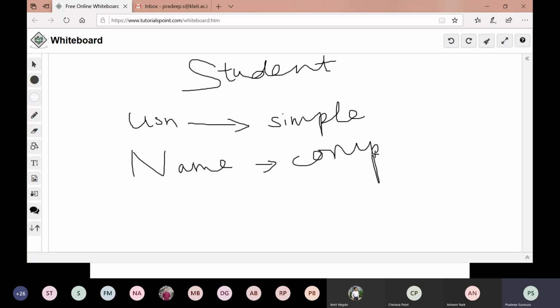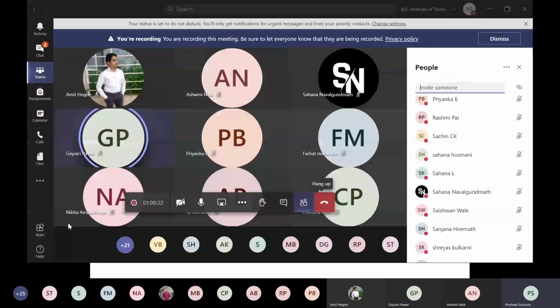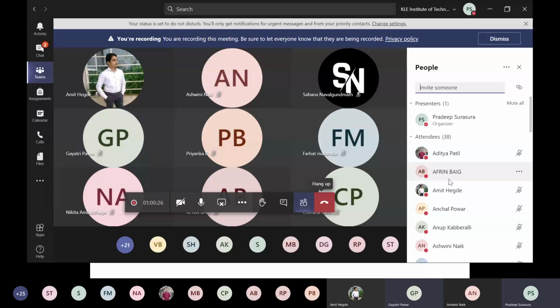Now, how is one simple and how is the other composite? Can anybody say something? Name contains first name, middle name... Very good, Gayatri.